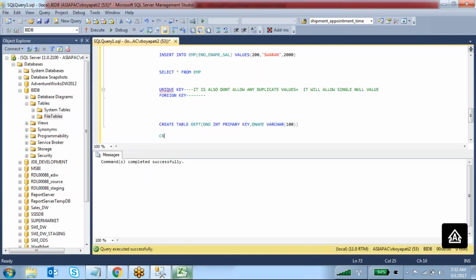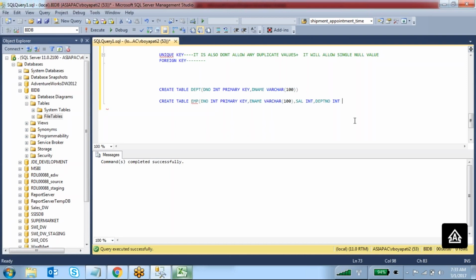Another table is create table emp, employee number int primary key, comma, employee name varchar 100, comma, the next one is salary integer, comma, department number. You can give different column names, it's not mandatory. For example, I can give department number int.